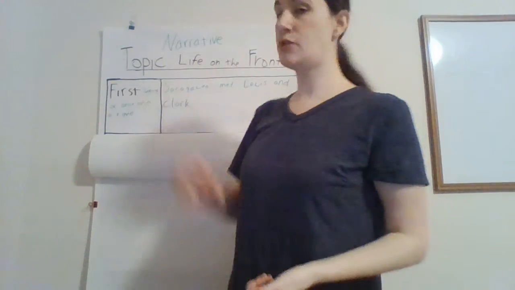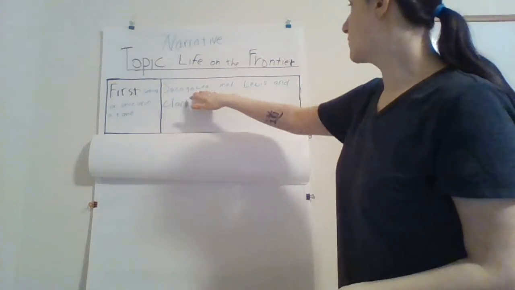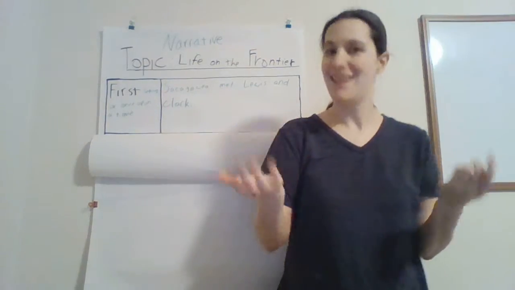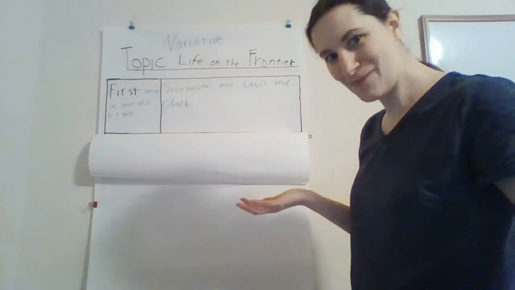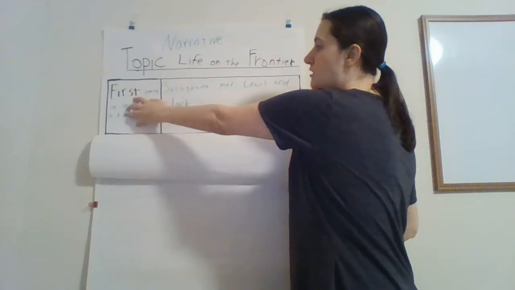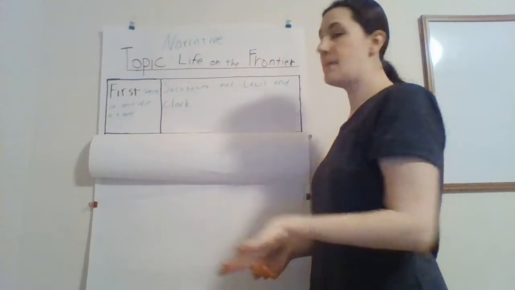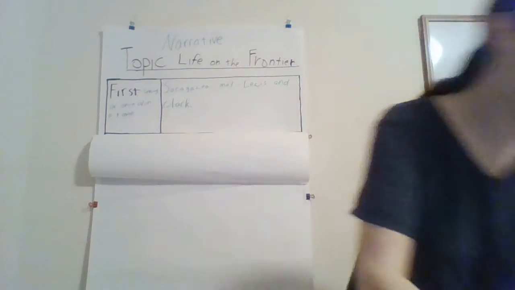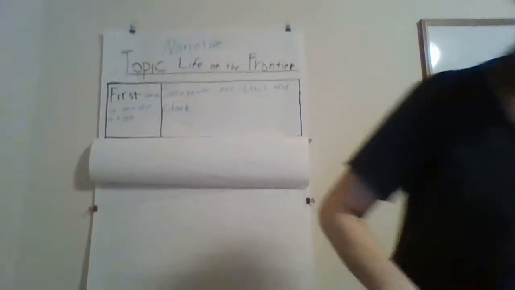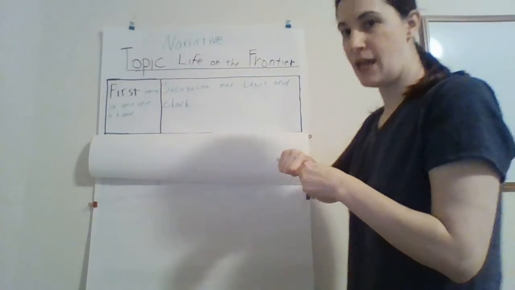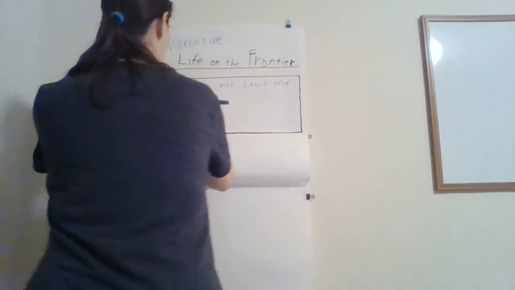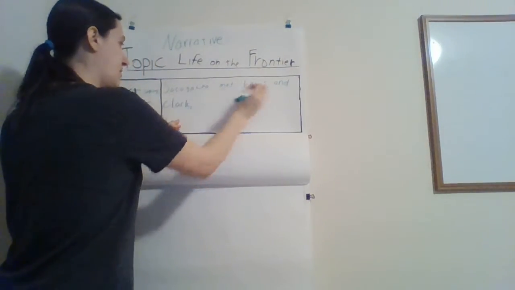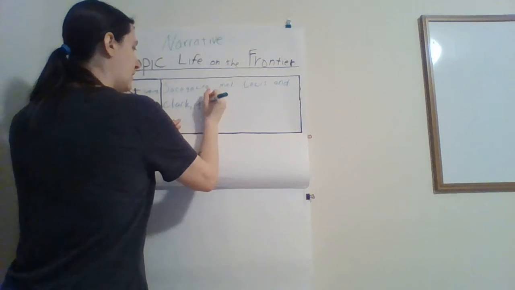First, you need to introduce your setting and characters. So Sacagawea met Lewis and Clark. Yes, I wrote about Sacagawea, which is my favorite. So the first thing I'm doing is introducing my character. I noticed here, met Lewis and Clark, I didn't write where they met. So I'm going to add a comma, so right here, so I know that my writing continues. Sacagawea met Lewis and Clark, comma, they